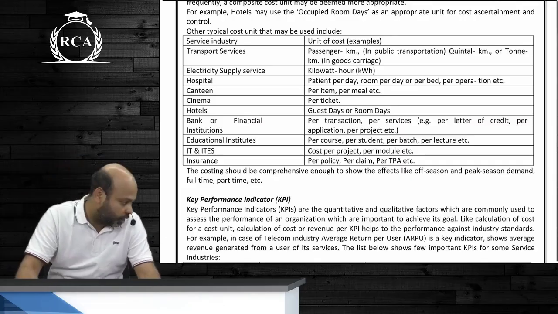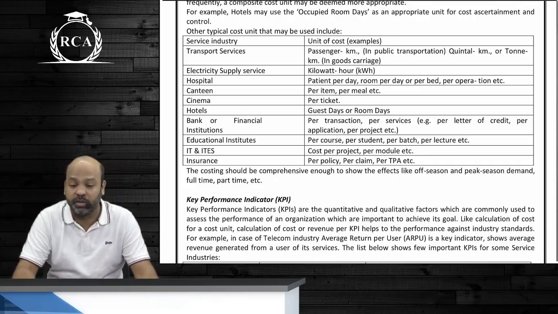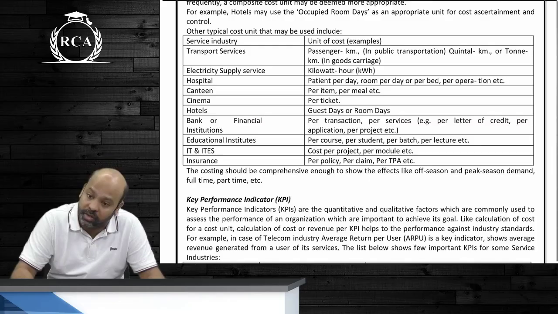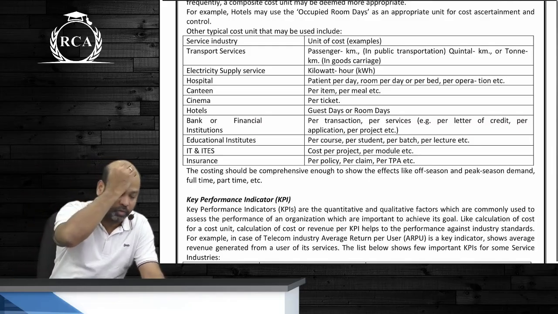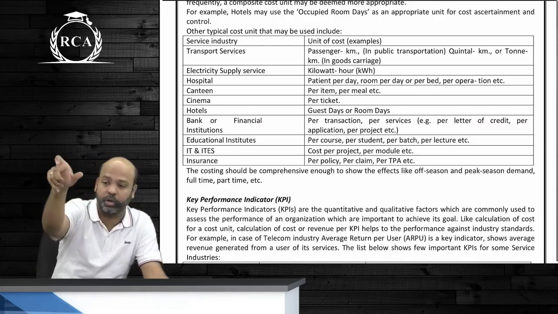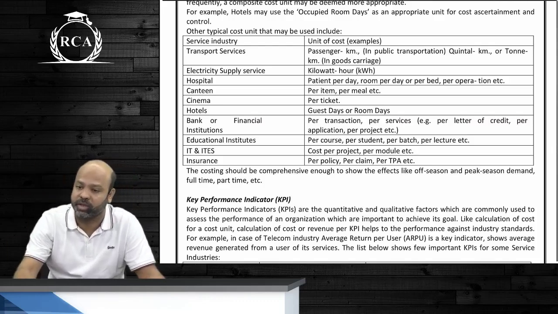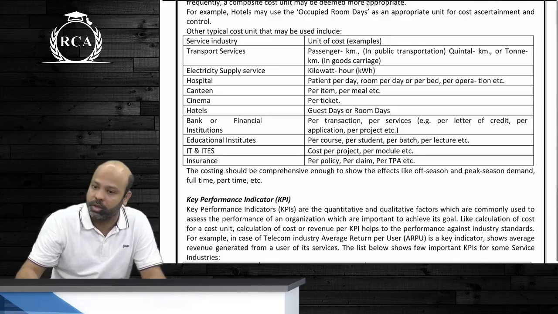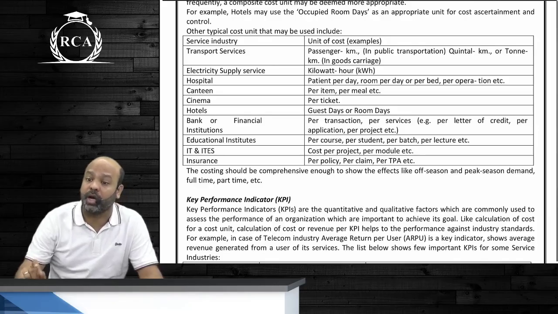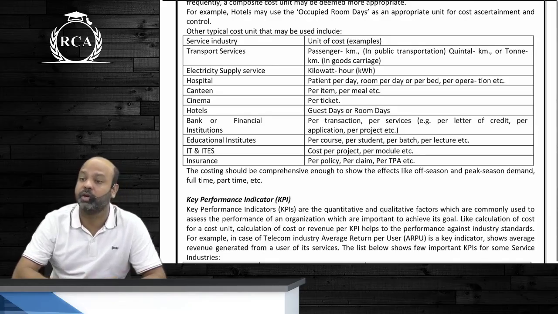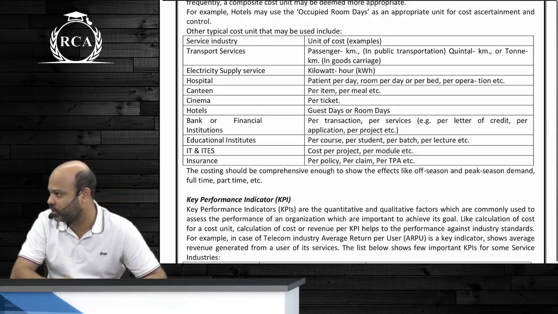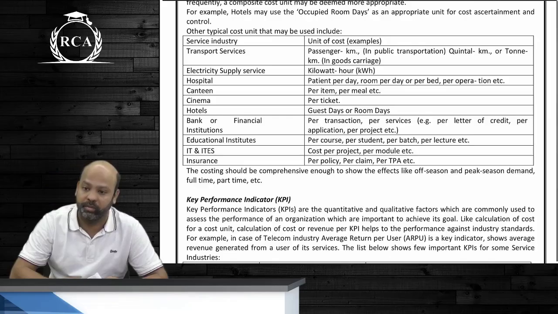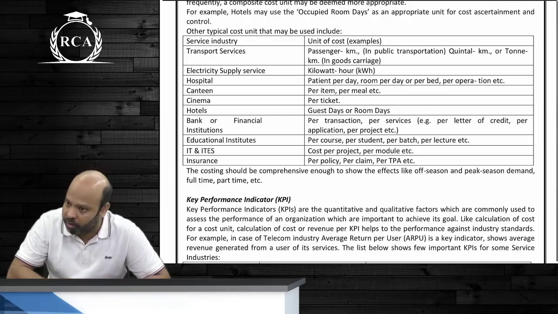KPIs. Just say if an organization thinks that customer service should be the priority, that is a critical success factor. Just say if you talk about organizations like supermarkets, guys, for them it is important, what is the customer wait time at the billing counter. If the customer wait time is higher, then they will obviously work on reducing the customer wait time. If the customer wait time is higher, the likelihood of the customer coming back to that supermarket will drastically reduce. Are you getting the point?